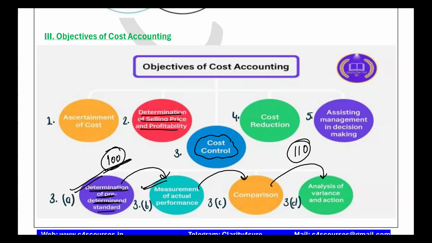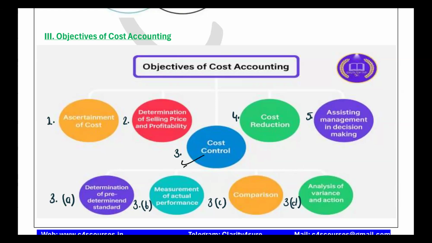Or if after the comparison they come to know that they are selling the burger at 80 rupees, so they are under a deprived variation, right? They need to come closer to the standard market rate. So in both cases, whether they have excess variation or deprived variation, they need to analyze that variation after the comparison, and they need to take action. Is it clear? I hope the third point is very clear: what is cost control, right?